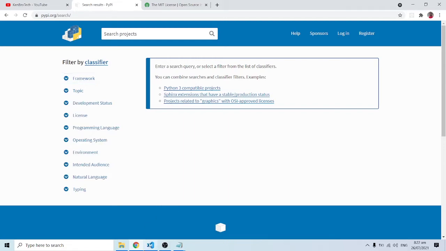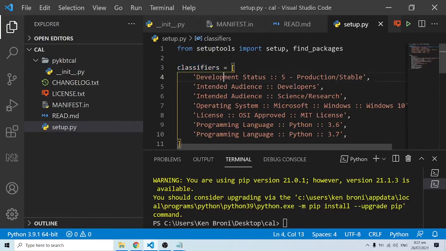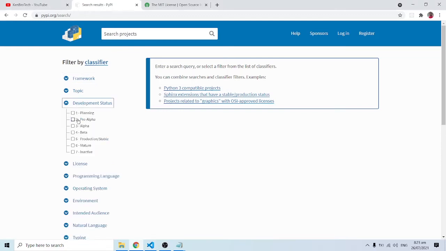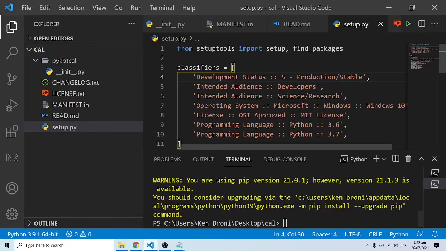So over here we have quite a number of classifiers. So for instance, we have the development status. We are using production or stable because we believe this package is very small. We don't have any complicated stuff over here, so it is stable. However, there are options available over here. So for development status, it can either be planning, pre-alpha, alpha, beta, and I have production, stable, matured, and inactive. So these are the options for the development status you can use. And in order to do so, we just have to type in development status, a double colon, and we have 5 -